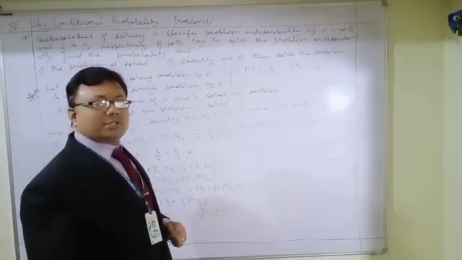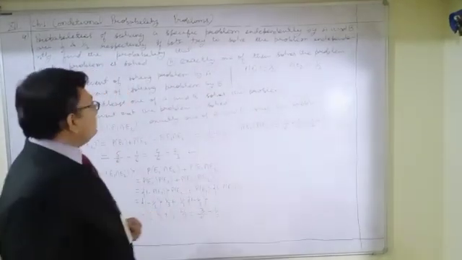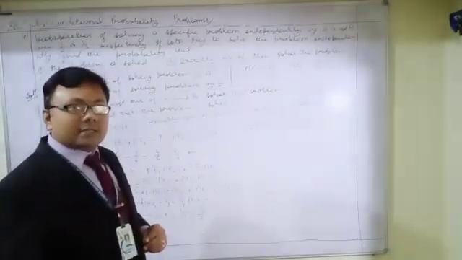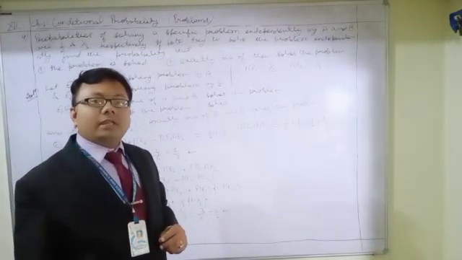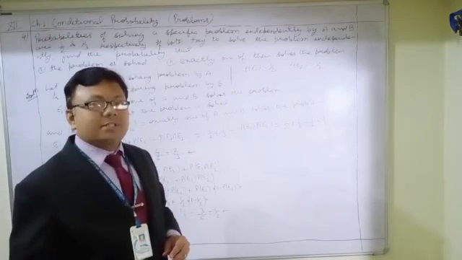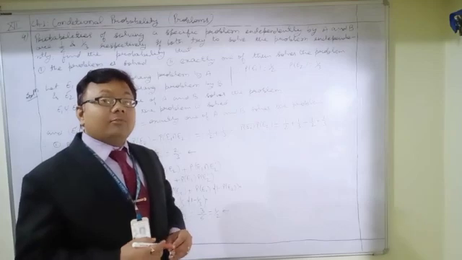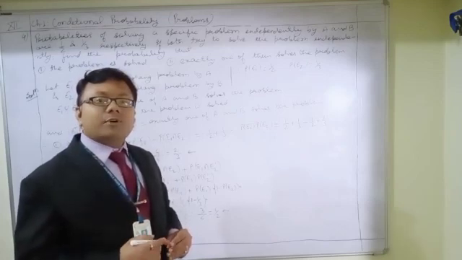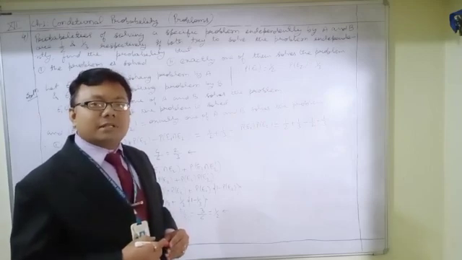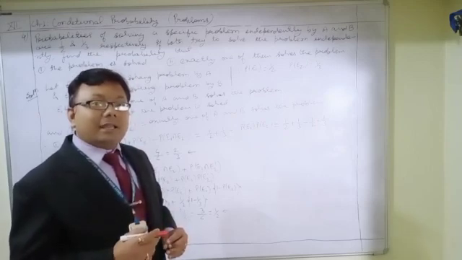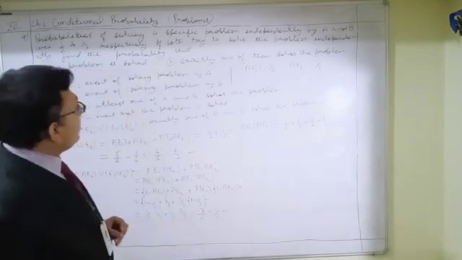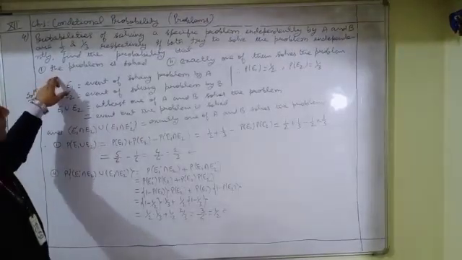So students, this question is very interesting. Here there are two subjects, and in the question it is given that the probability of solving for each one of them is 1 by 2 and 1 by 3 respectively. Then we have to calculate the probability of solving that question. This is the first part of the question. And the second part is the probability that exactly one of them may solve this question.